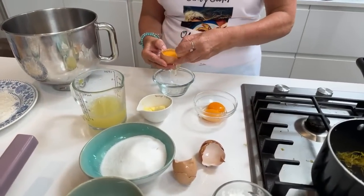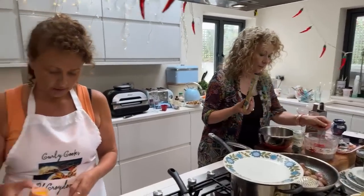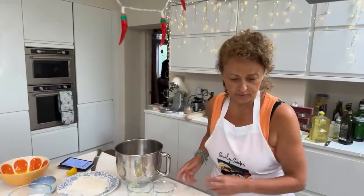We're actually going to need 4 egg whites for the meringue, but I'm just going to do 3 at this point because I just need the 3 egg yolks for my...